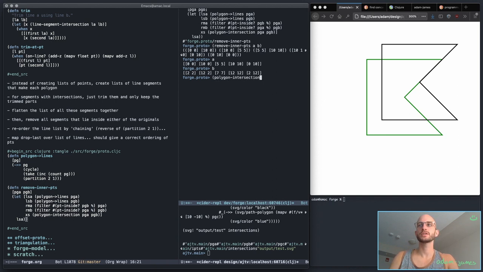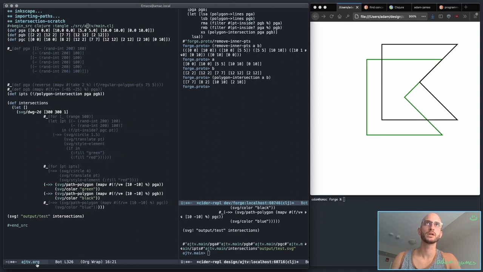If I do Polygon Intersection of A and B, it does give me the correct points. Did I just use the wrong function here? Huh. No, it is. Strange to me. Oh well. It might. No, that's not it. Well, whatever. Okay, so